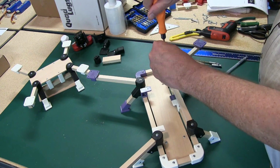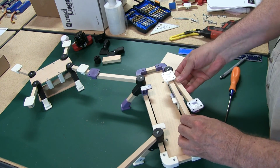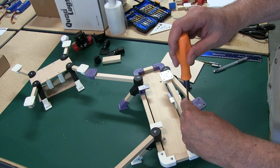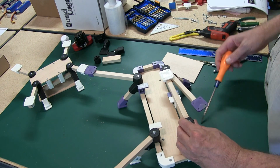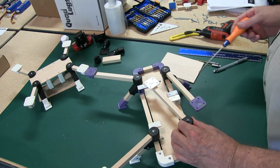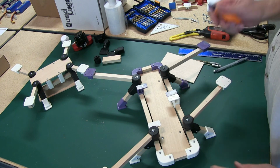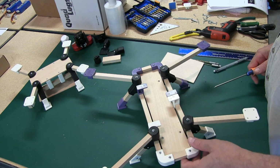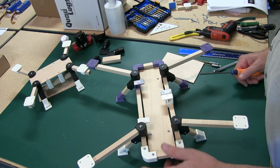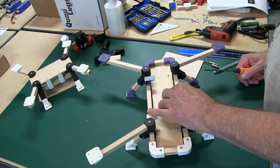But let me see something here while I have this on video. How might be a good way to do this. I could take the arms off and ship it that way, but in fact, it'd probably be better just to take the arms off. Anyway, it'll come with the arms off, put them on, easy to do. The feet will be off, it'll fit in the box easy that way. And I'm gonna go ahead and get you another one put together, Mike. I know you're cramped on time,